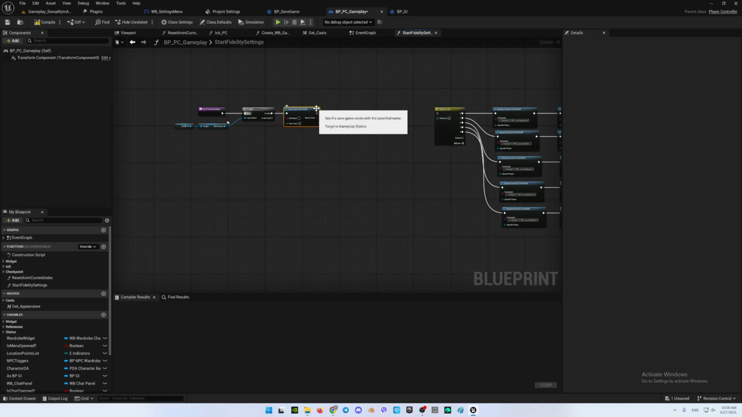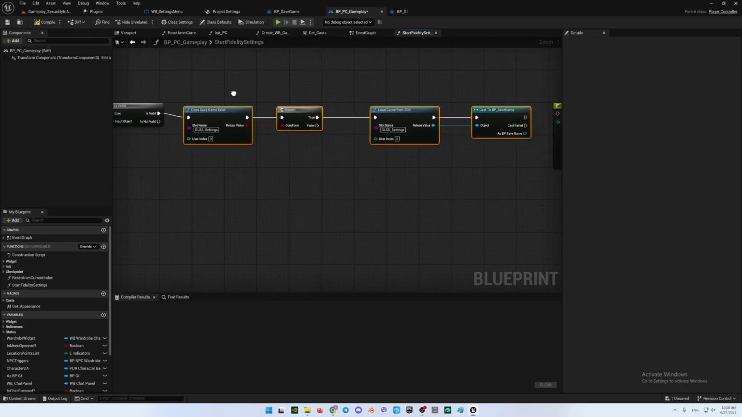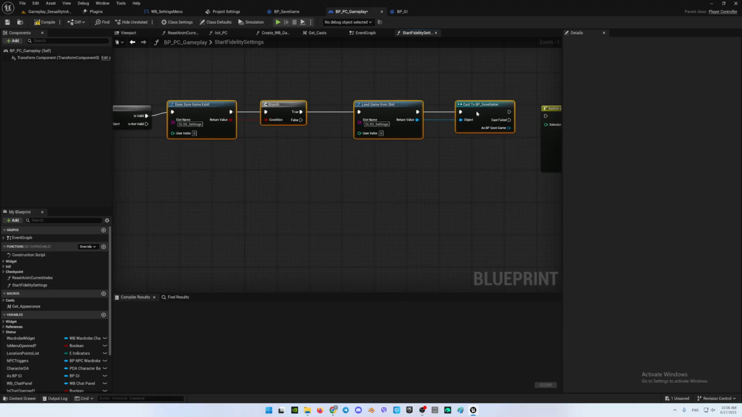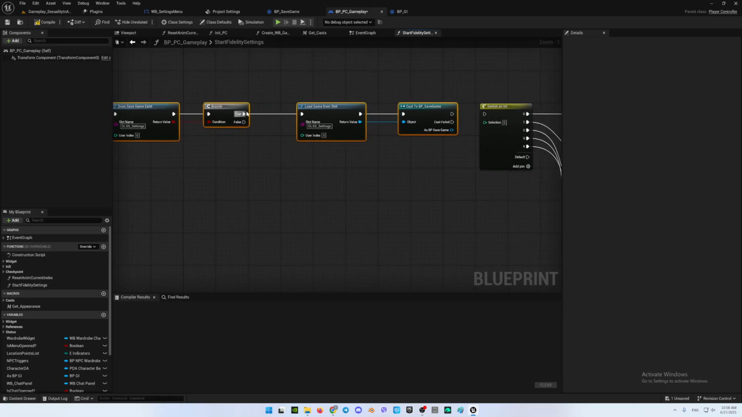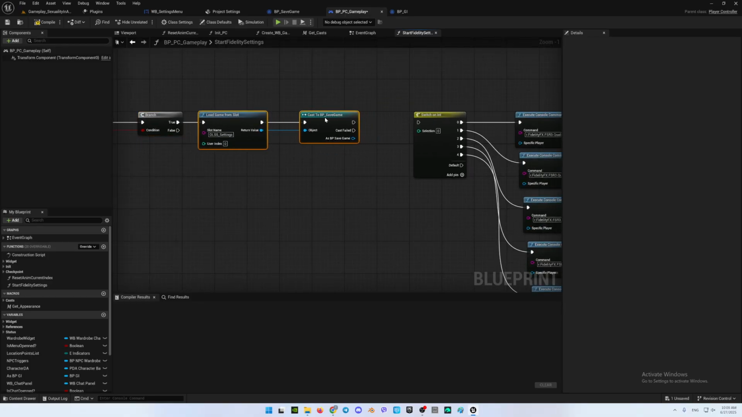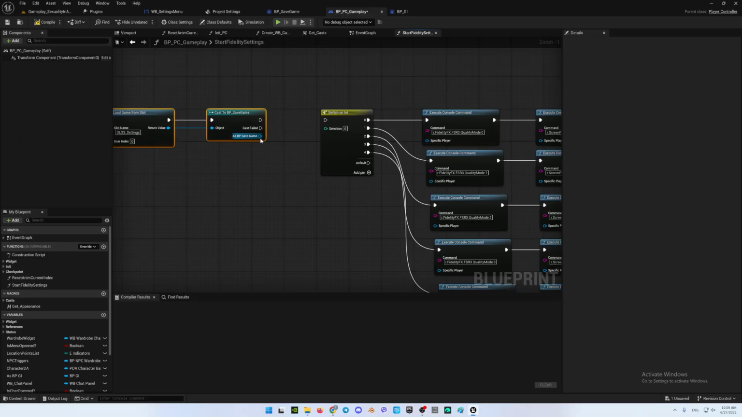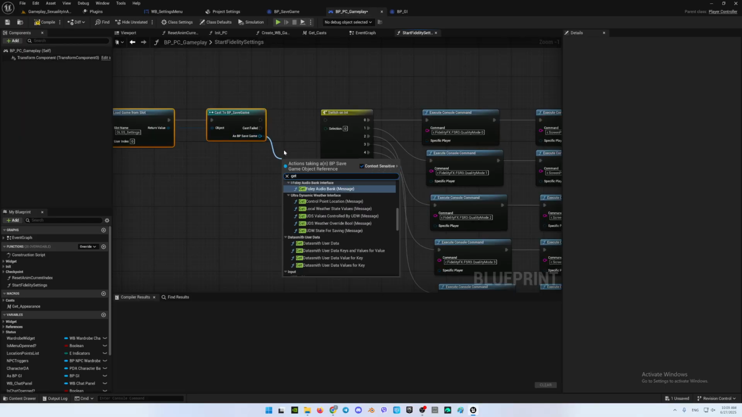So remove to the side, Control V. So what do we have? We are checking if the save game slot exists. If the save game slot exists, again, the branch, if this is true, we are loading the save game from the slot. We are casting to the save game so we can get this information, and we will need to get the, again,